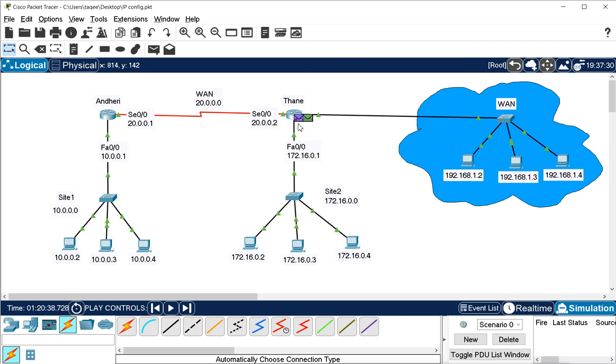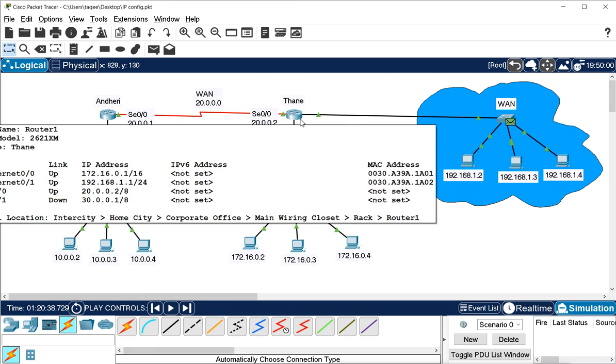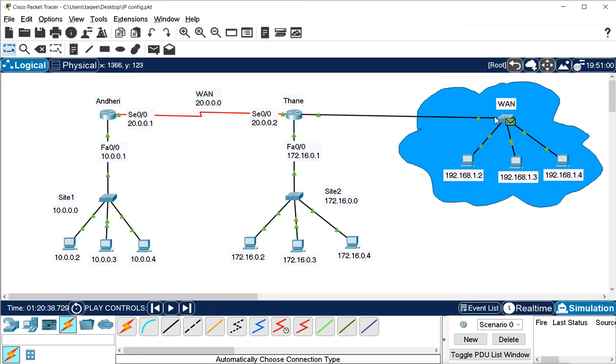Now what it is doing here, it wanted to send the packet to this WAN network, but it does not know the MAC address, so it is dropping the packet and sending the ARP request. And the packet which drops first, remember the first packet always drops, it is because of this process. But it will send the request to this side. You can see it knows the IP, it has to send to this side, and it is not getting the reply.